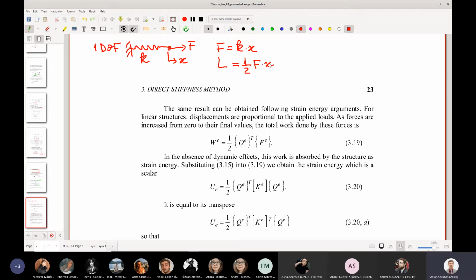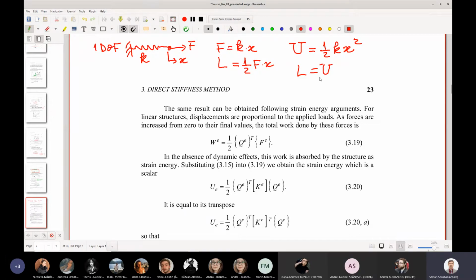And the strain energy for this spring, which is denoted with capital U, is 1 divided by 2 kx squared. At equilibrium, the mechanical work is equal to the internal energy. So if you take this term here and put in this relationship, you will obtain the equilibrium. So that is